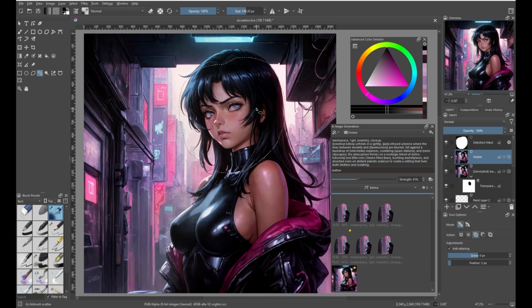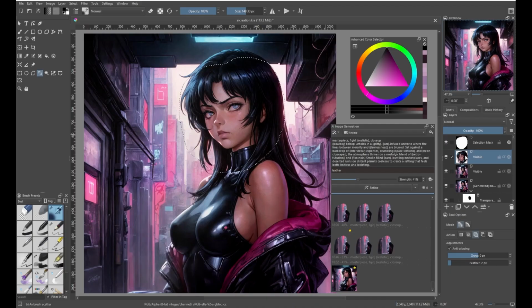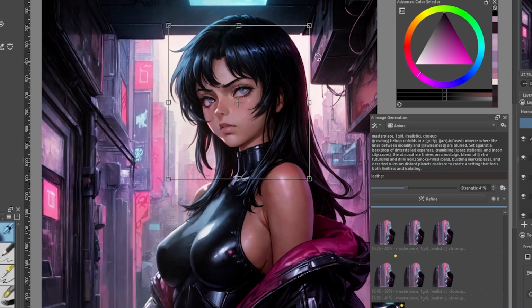I'm going to hold down Control and hit C, and then Control and V, and that's pasted our selection here into a new layer that's just her face. And now I'm going to hit Control, Shift, and A to undo our selection, and I'm going to go over here to our Transform tool, and when I click that, it's given me this bounding box around the layer that